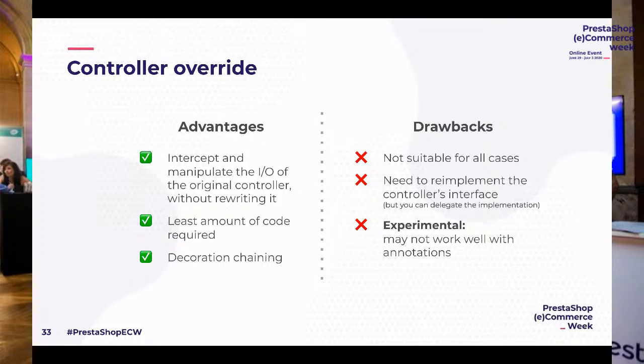You just implement, for example, if you have a method which is called foo, you have this public function foo, and then you call parent foo, or it's not parent, it's this decorated, which is the instance of the original controller that you have inside of it, and then you call the original foo method, and that's it. And this allows you to intercept and manipulate the input and the output of the original controller,